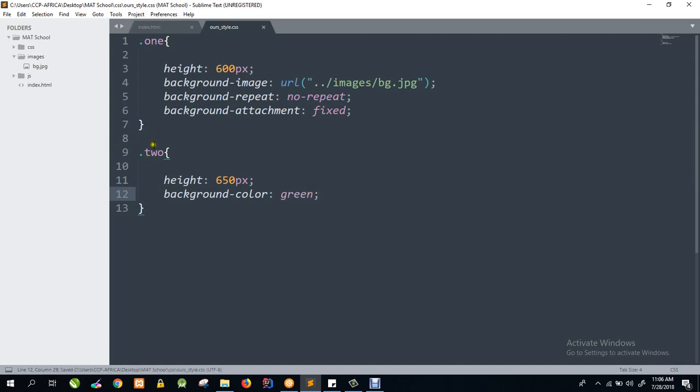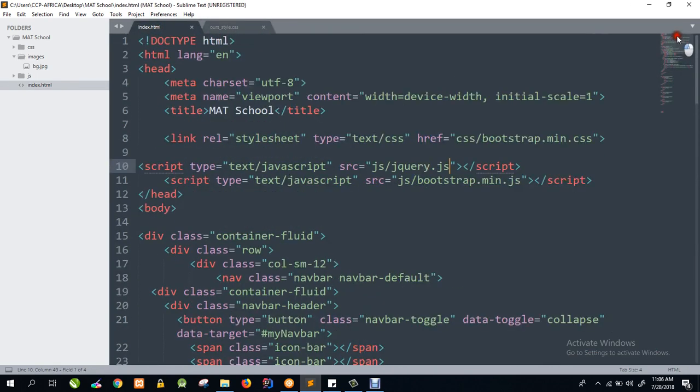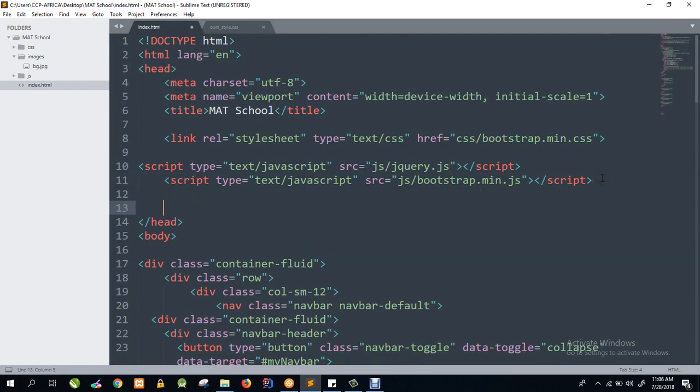So let's apply those two classes in our work. Of course, for now we just need to come somewhere inside the head tag, and first let the index file realize that we have a